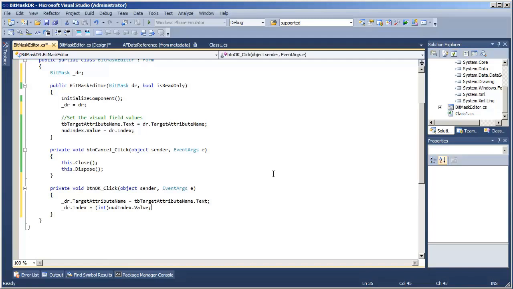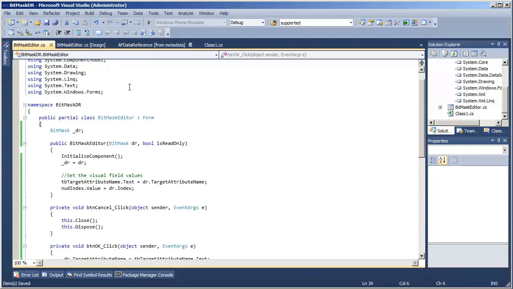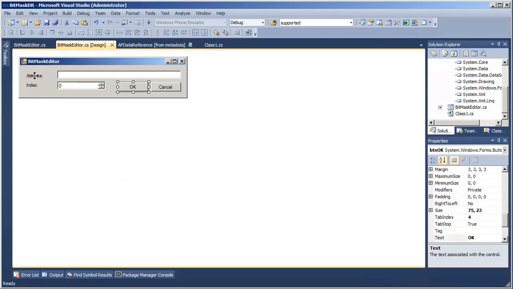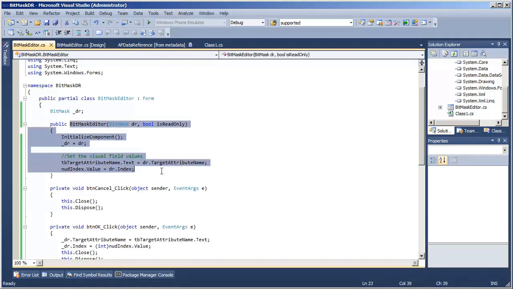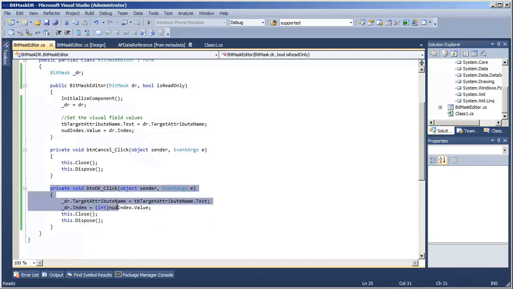Beautiful. And then, of course, get rid of the form. Okay, so we have our editor built, it knows how to both display the current configuration and change it.